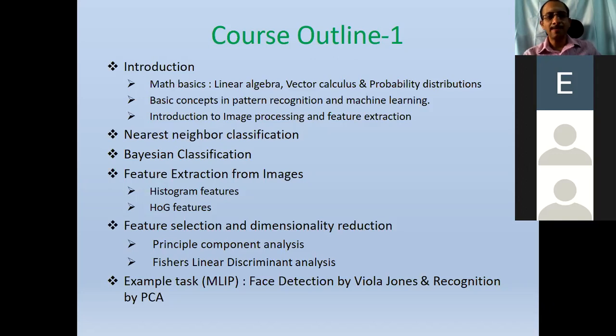After that I will bring in a few more concepts of machine learning and pattern recognition. Probably I will start with nearest neighbor classification and Bayesian classification. In some sense, nearest neighbor classification is an intuitive, simplest model for classification, and Bayesian classification is a statistical model which will help us understand what is happening: how is the classification process guided, and if we have more data, what can we do better, and so on.